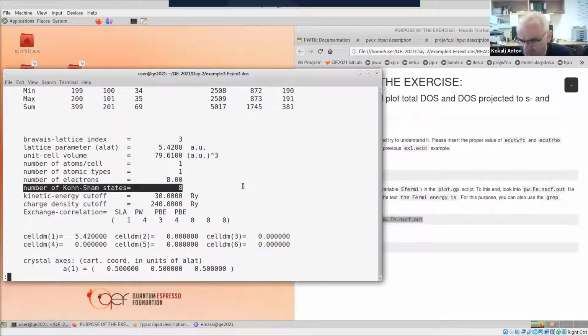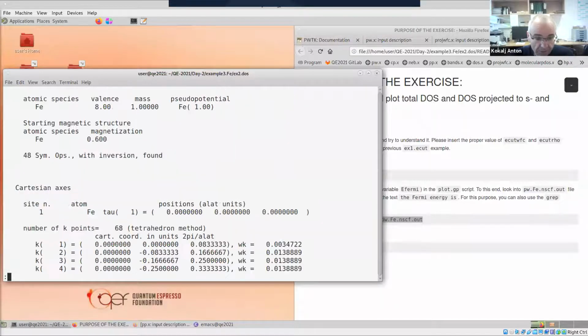And I think this was covered yesterday by Pietro De Lugas. So you can say number of states is that high. But even for metals, as soon as you use occupied smearing, the code will take some percentage larger number of states than are, let's say, the minimum needed. Then I can go down,